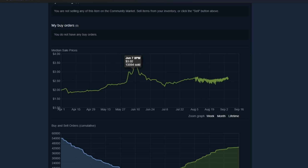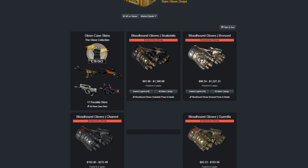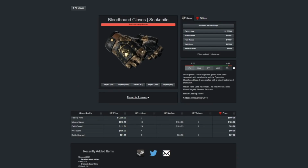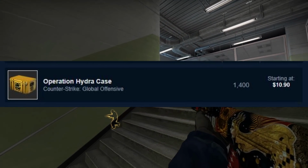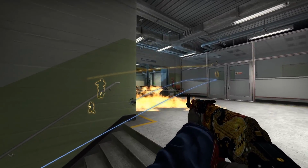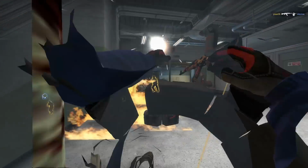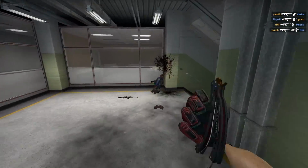We do have to keep in mind that the glove case is a really sought after case because it's the only other one that has the same gloves from Operation Hydra cases, and that case is not only extremely limited and hard to buy in mass, but also very expensive. So the glove case might as well just have an exclusive rare special item, which is really good for investors and really good for investing in it. This leads me to believe the glove case is going to keep increasing steadily off this spike,